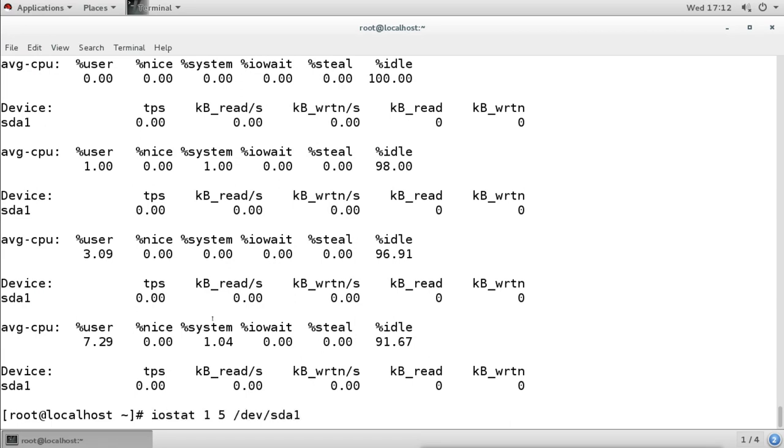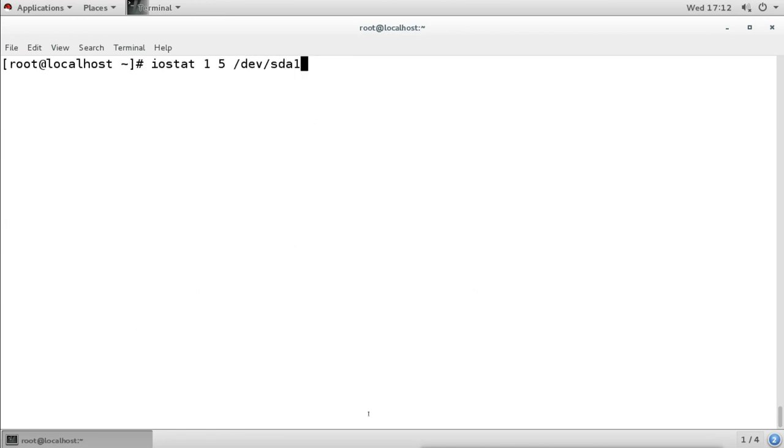And then we can also use it to see it in a time frame. If I want to see it for a minute, I will say every second I want to see it, 60 times. So it will show me the data for the minute. So this is the interval, after how many seconds you want to run this, and then how many times you want to run this. Just like this you can mention the time frame.